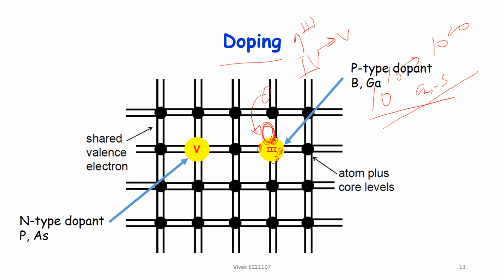Another option is to use a group 5 dopant such as phosphorus or arsenic, which have 5 electrons. So 1, 2, 3, 4 and 5. Four are for bonding, and 1 is relatively free, so it can easily give away that electron, right, and that electron can move freely. Now the binding energy of this loosely connected electron, or this loose hole, is on the order of 0.1 electron volt.